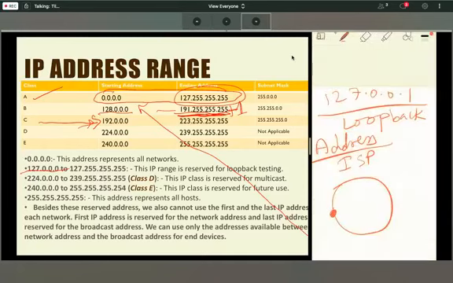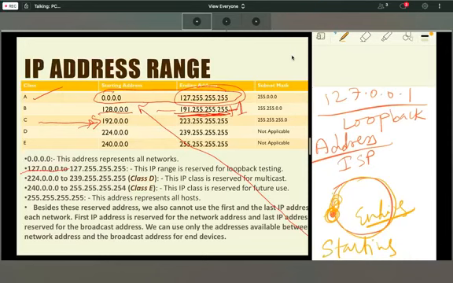Starting and ending point will be the same. So in loopback testing, ISPs use 127.0.0.1.